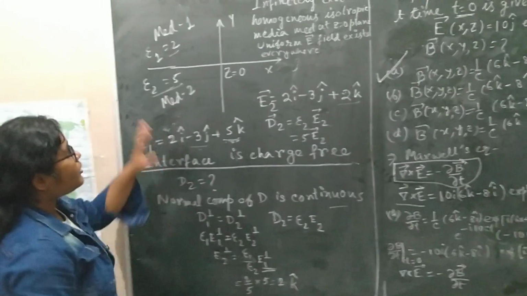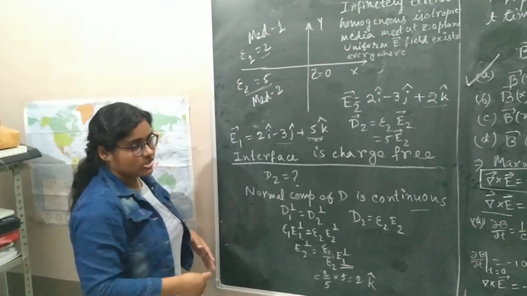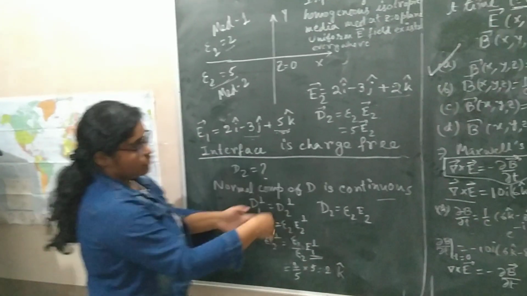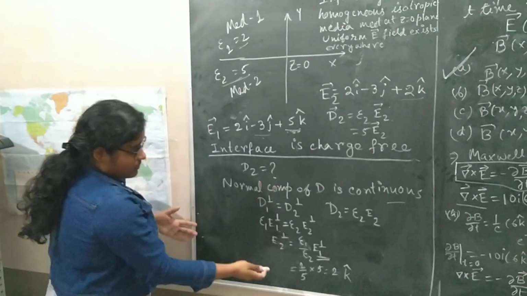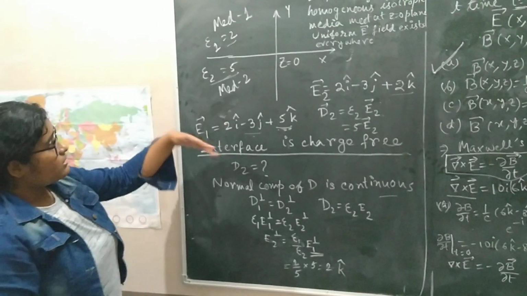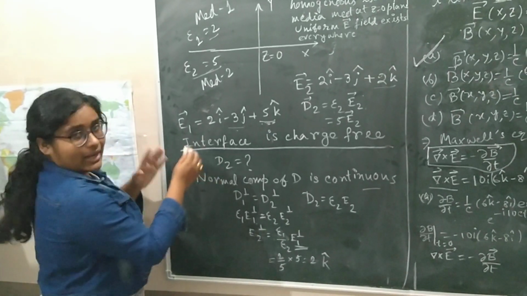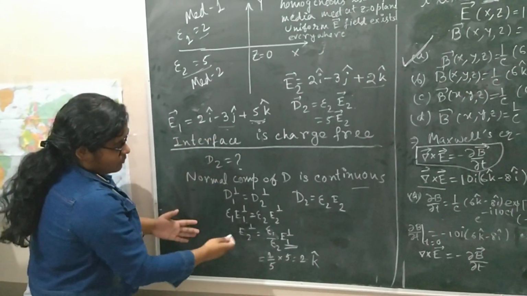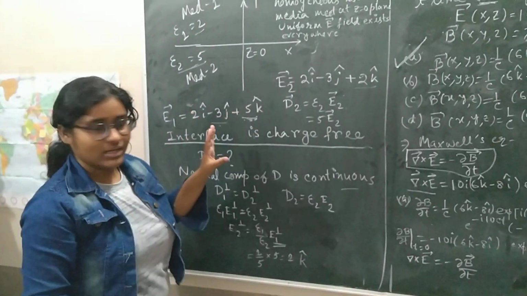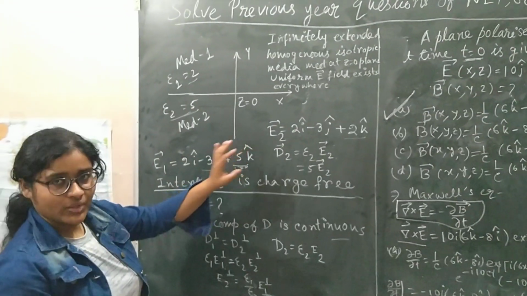So these are the problems, and this is how you can understand how to solve them. First find the boundary condition. If it is charge free, then the component should be continuous. If it is not charge free, then rho will also be added. You find the boundary conditions, then find the components you need, whether you need the parallel components or the perpendicular components. You put the values of the components in your boundary condition. You find the value of the required field, whether it is the electric field or the displacement field. Okay, thank you.